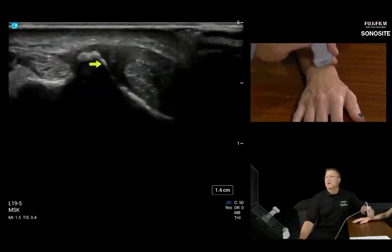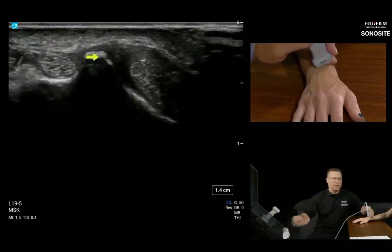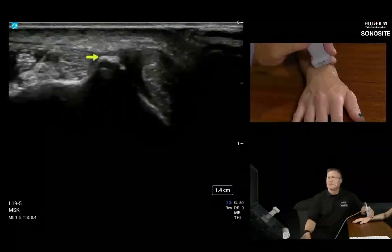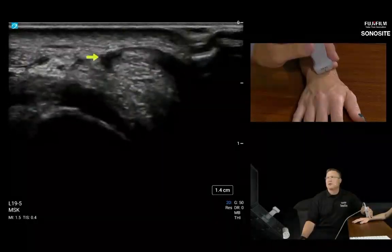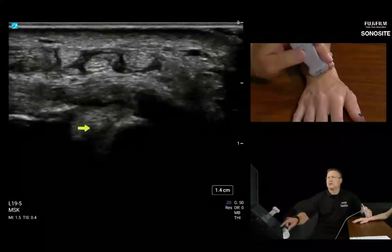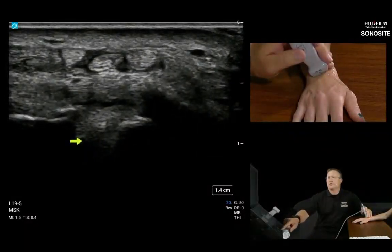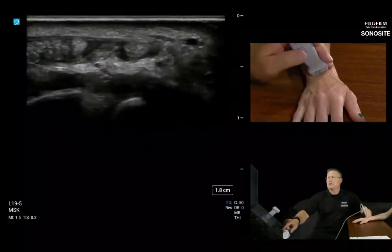So here's Lister's tubercle, nice bony prominence here. And now what I'm going to do is just slide distally and slightly mid-sagittal. So distal, we'll see the radius disappear. I'm going to go a little more mid-sagittal, and then I see a little joint show itself very deep in the picture. I'm going to drop my depth just a little bit, and here what I'm looking at is